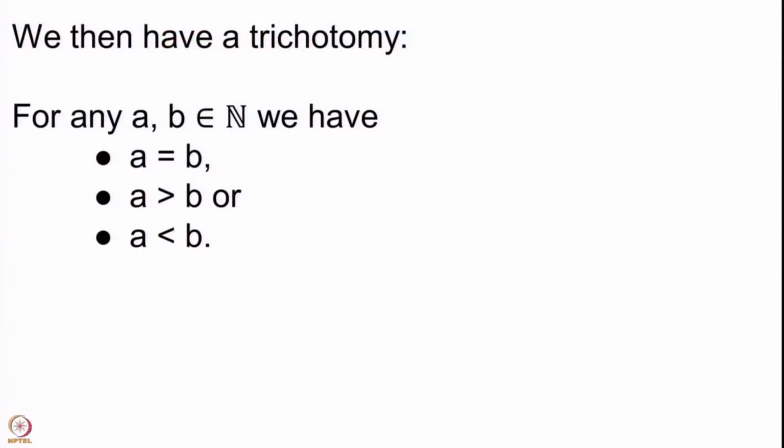Trichotomy says that there are only these three possibilities. These three types of relations exhaust all pairs of natural numbers. So, let us read it again. Whenever we have a and b, any two natural numbers, you will either have that a is equal to b, a is bigger than b, or a is smaller than b. Again, you may think that this is quite obvious. Indeed, it is very obvious by the way we have developed things so far.